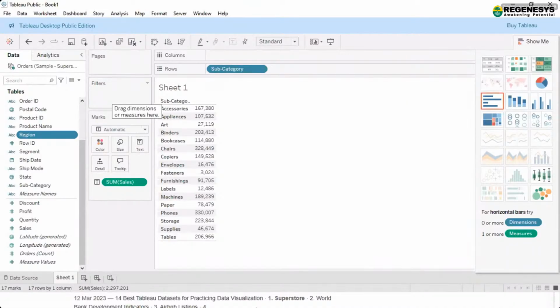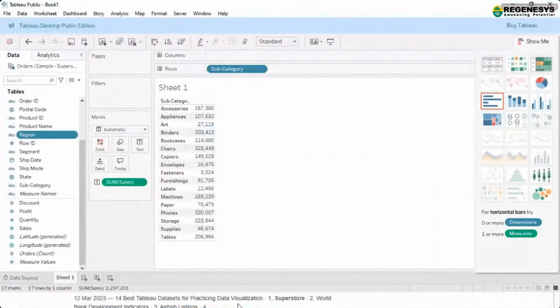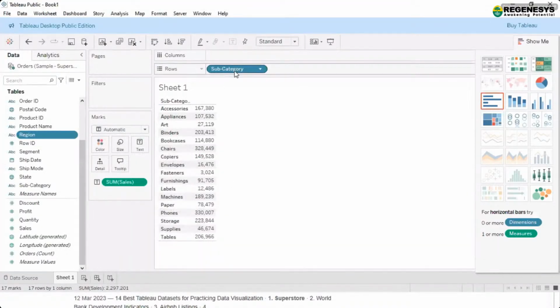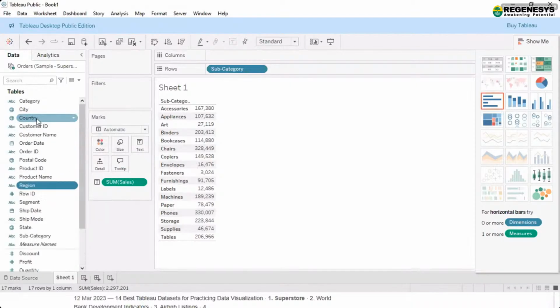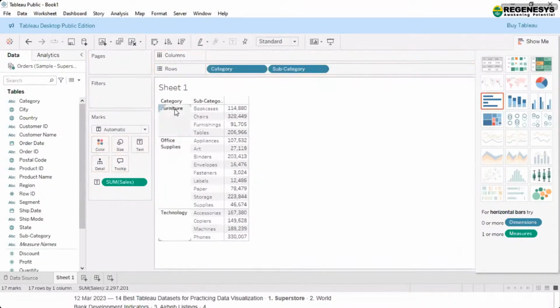Now this is the box where we have to use it. So let's say for example I am using subcategories here. Again, let me take the categories also. You can see I have a category, I have a subcategory, and I have even sales. But now let's see if I want the data region wise. So what I do is I just take it and put it here.